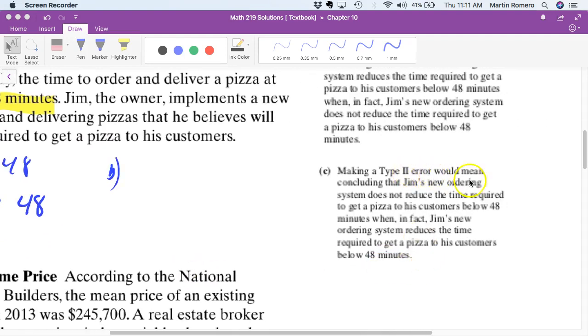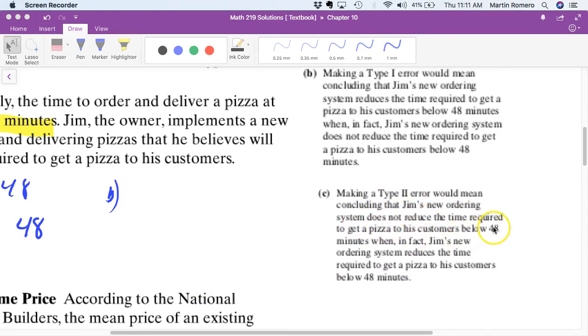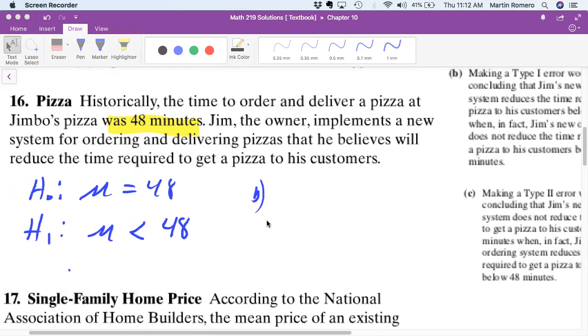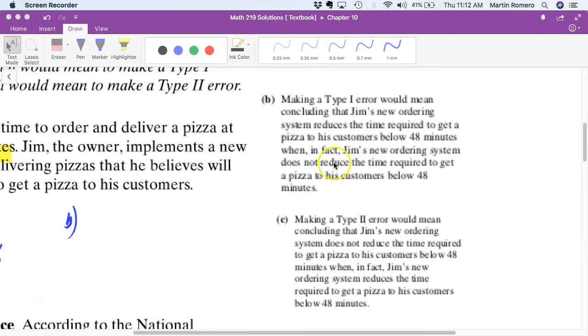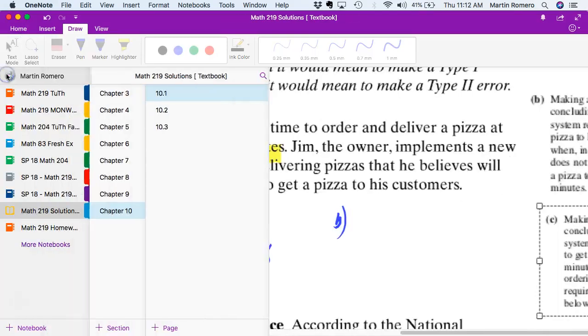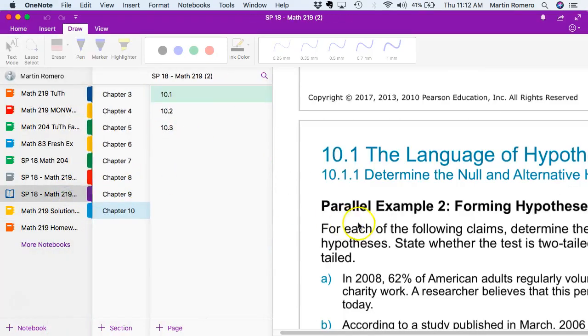A type 2 error would mean concluding that Jim's new ordering system does not reduce the time required to get pizza, when in fact it actually does. So again, our analogies between type 1 and type 2 errors are related to